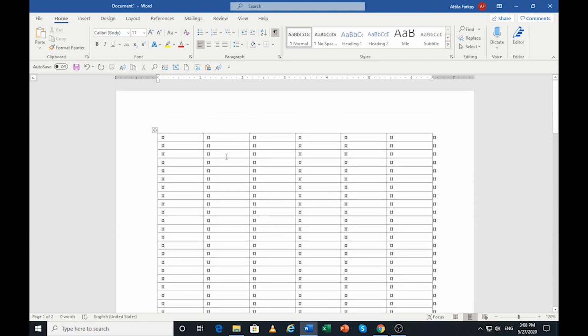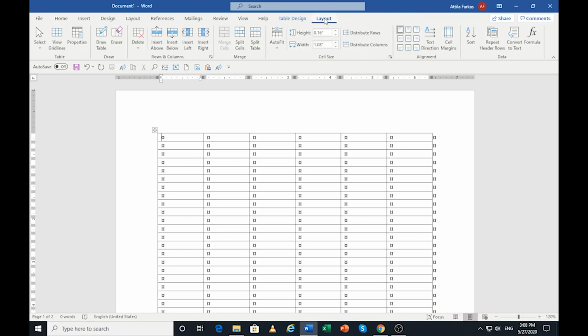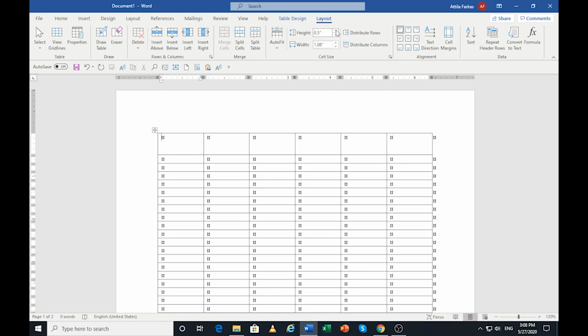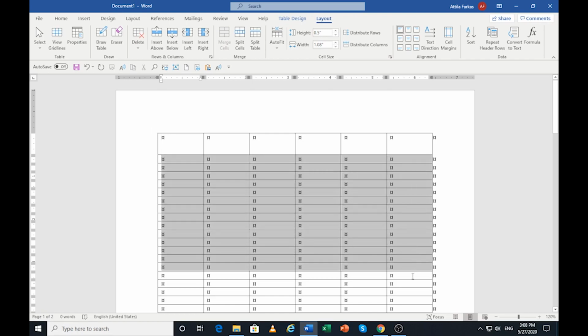So the first thing we need to do is go to the first row and go to the Layout tab. We are going to change the height of the row. So on the Layout tab in the Cell Size group, you go and increase it to 0.5. Second step, we are going to make a picture window here for a large picture, and also on the Layout tab